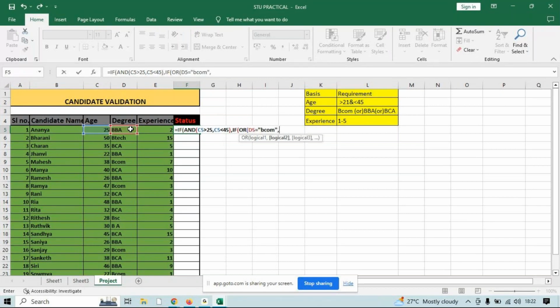or this should be BBA or this should be BCA, right? Anyone it is fine. Comma value of true, again if function and function,